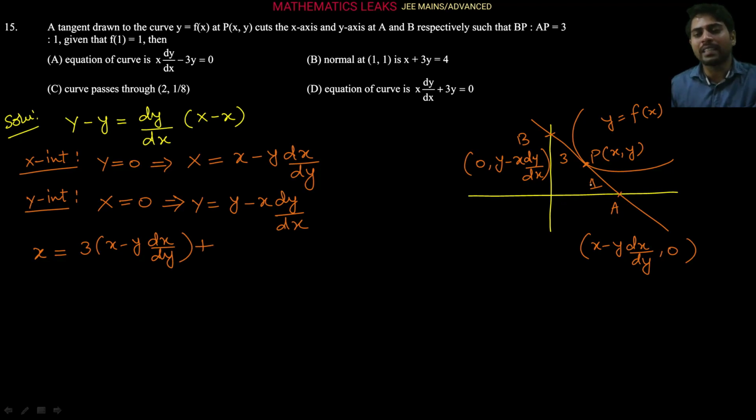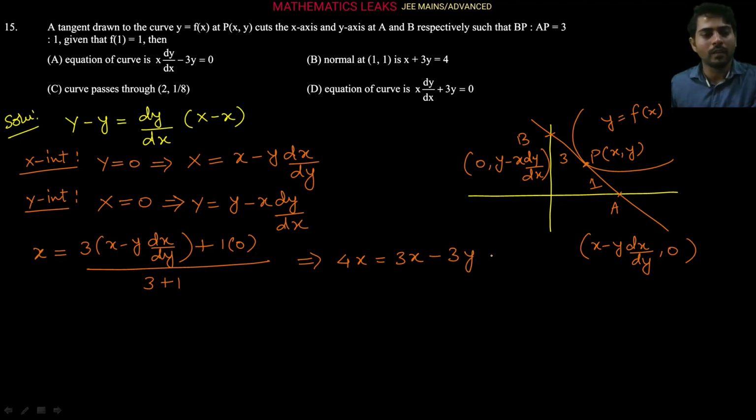plus 1 times the X coordinate of B. So 1 into 0 upon 3 plus 1. So from there we can get the X coordinate: 4x equals 3x minus 3y dx over dy. Now this 3x is coming on this side, so we can write 4x minus 3x, which is x only, equals minus of 3y dx over dy. So from there we can write this as